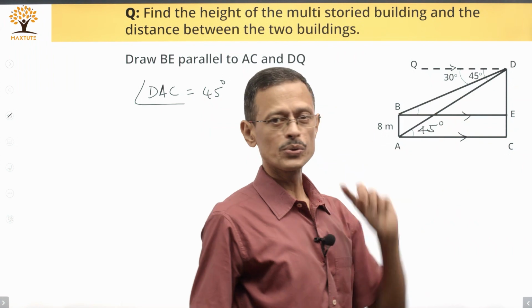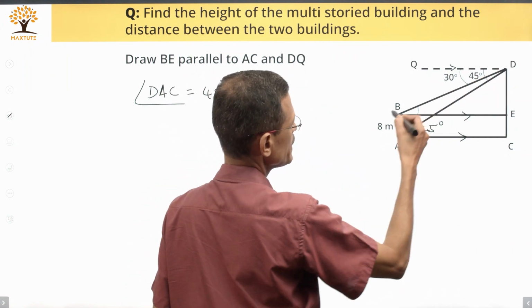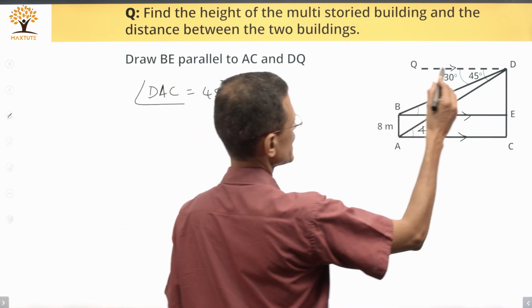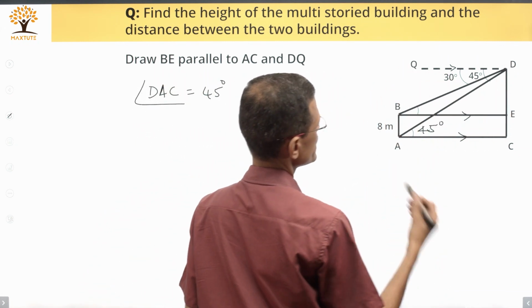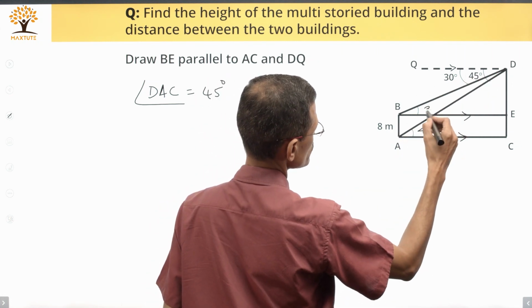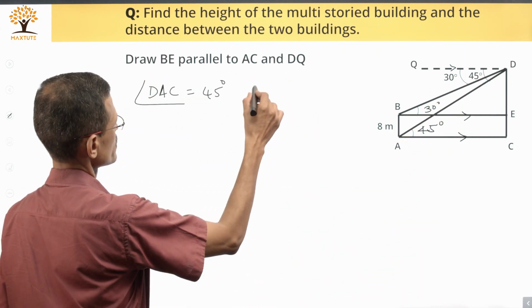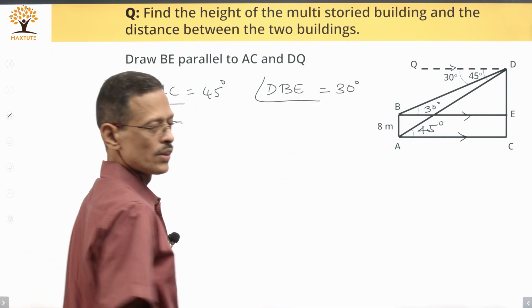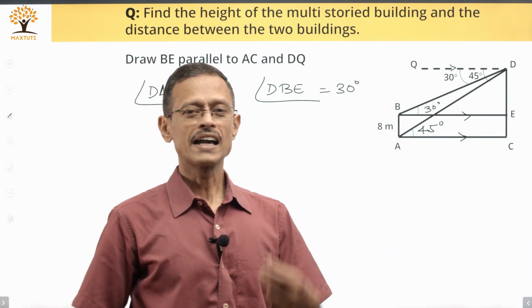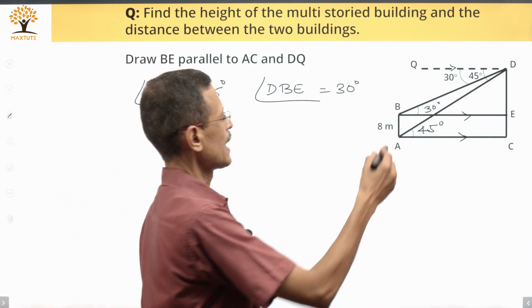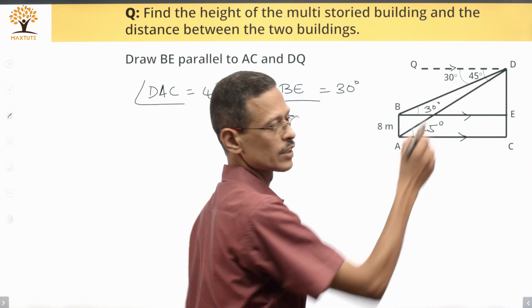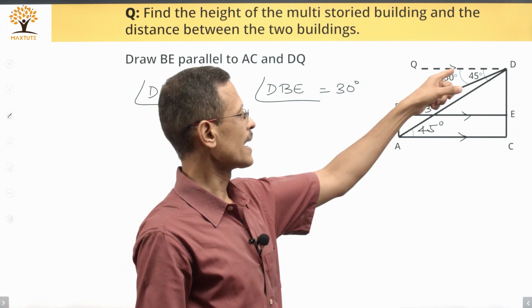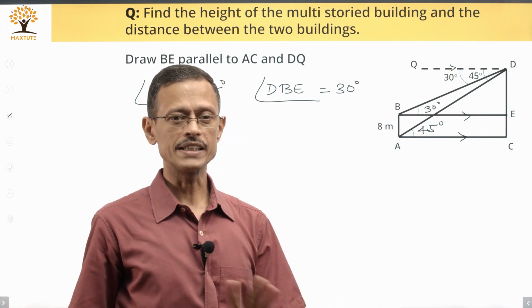BE is parallel to QD and we have DB as a transversal drawn between these 2 parallel lines. Alternate interior angles will be equal. If QDB is equal to 30 degrees, then DBE will also be equal to 30 degrees. We have established that. The second angle we have deduced is DBE is equal to 30 degrees. You can also do the same thing by saying angles of depression will be equal to angles of elevation. The angle of elevation from point A is the same as the angle of depression from point D, and similarly the angle of elevation from B is the angle of depression from D. So, essentially these 2 are going to be equal.